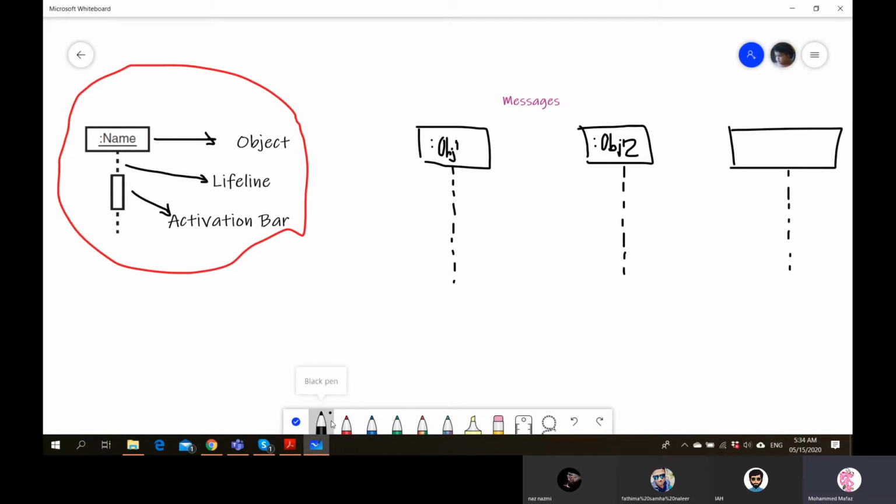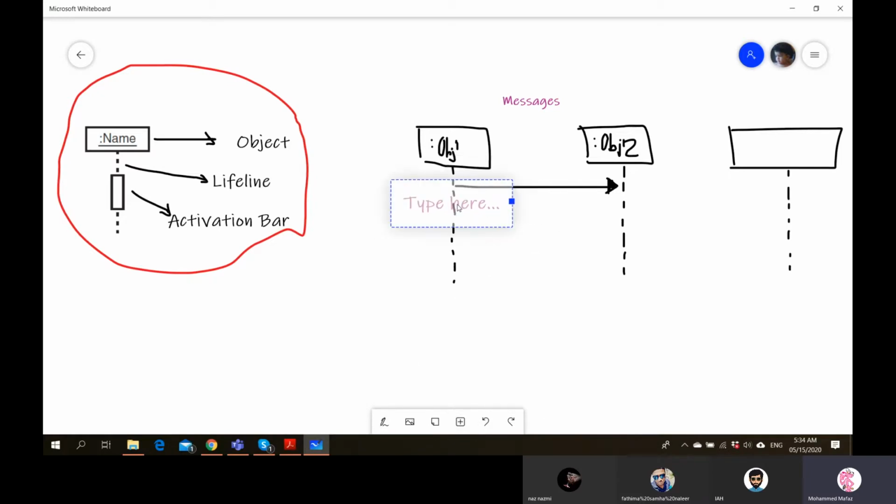So basically, there are three types of messages, right? One is you can send a message which is a filled arrowhead. So as I draw this arrow mark, you can see from one lifeline to another object's lifeline, this type of message is called a synchronous message.